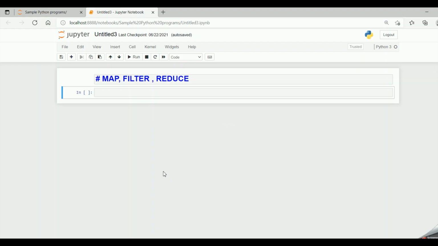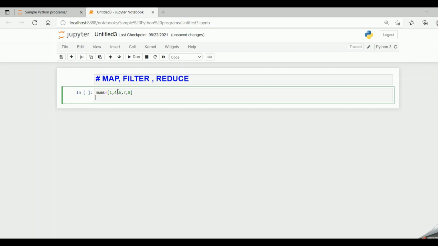Now let's look into it practically. Let me say my nums is equal to a list wherein I have any values for which I want to find the square.